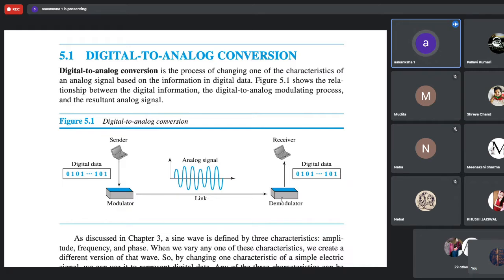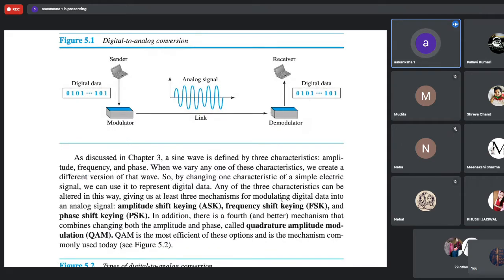So these are the elements which will be present. We'll have the digital data sent by the sender, then it will be modulated by the modulator device. It will be sent over the transmission media, coaxial cable or optical fiber, that is over the link physically in the form of an analog signal, and then it will be received by the demodulator. In turn, the demodulator will do the reverse of the modulator and retrieve the data carried by the analog signal, and the result will again be the digital data which will be processed by the receiver.